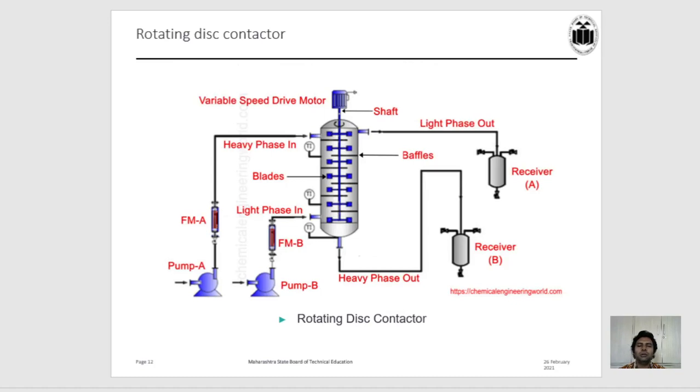Now, the third most versatile equipment is the rotating disc contactor. In the rotating disc contactor, again it operates in countercurrent fashion, with the heavy phase entering from the top and the light phase entering from the bottom. Again, the light phase comes out from the top and the heavy phase comes out from the bottom. This has a variable speed drive motor located at the central shaft. The central shaft has many discs mounted on it, so the equipment is called the